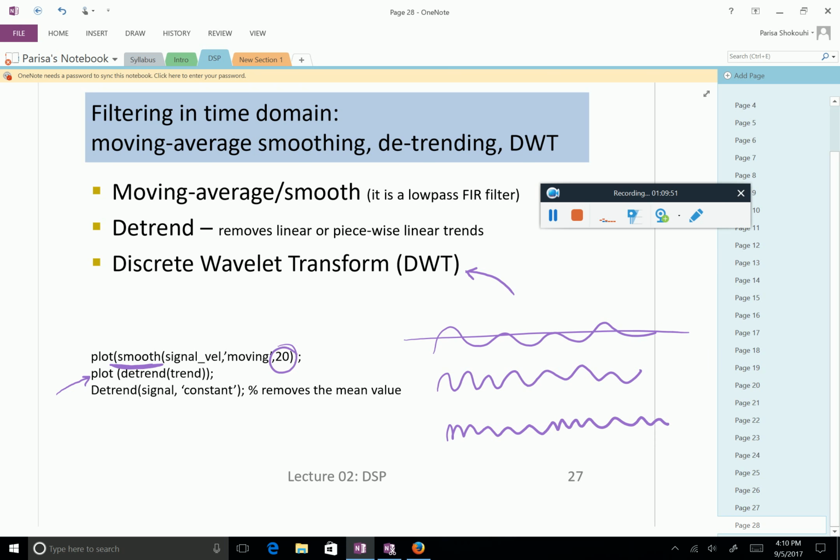If anyone is interested in more advanced ways of filtering, you can just let me know. Now,